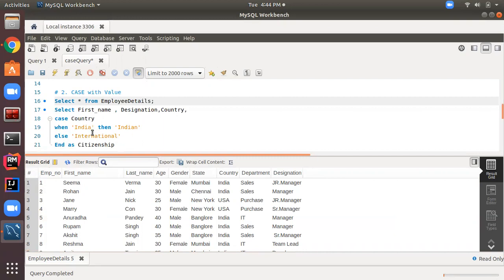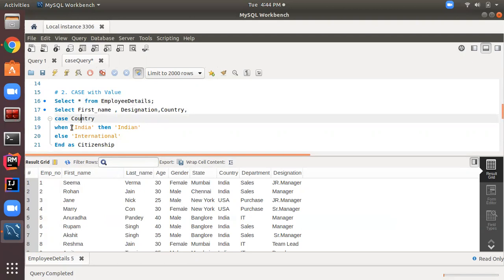If the country is India, then display the citizenship of the employee as Indian, otherwise international. So here I have given the condition for the country column: case country, then when country value is India.